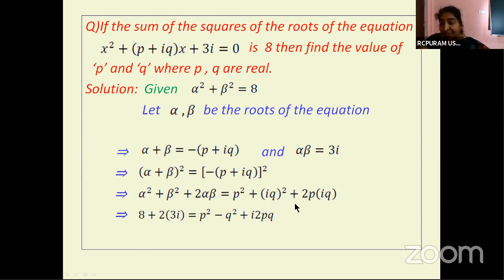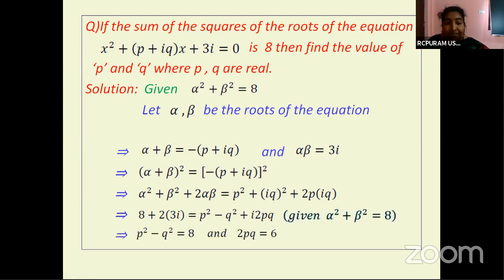Now just observe these two. When we were discussing equations, I mean, when do you say two complex numbers will be equal? When real part is equal to real and imaginary part is equal to imaginary. Here you are getting a complex number on the left hand side, and on the right hand side also you have a complex number, and there is an equal to symbol in between. That means real part should be equated to real and imaginary part should be equated to imaginary, right?